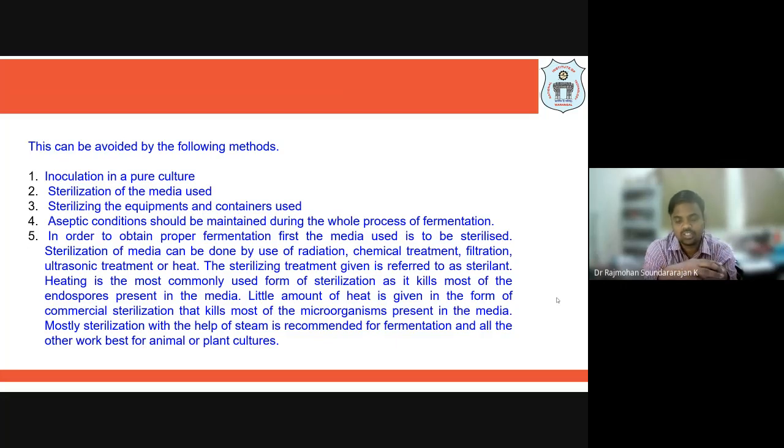Why it is so: with respect to a chemical plant, if something has been done at small scale, it is easy for a chemical engineer to scale up. Scale up means going from a model to a prototype. What do we have to maintain? We have dimensionless numbers. We have to maintain geometric similarity, kinematic similarity, and dynamic similarity. In other words, all the dimensionless numbers should be the same in the small scale as well as in the large scale.